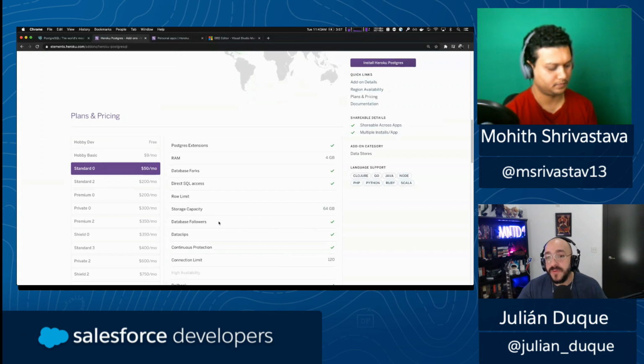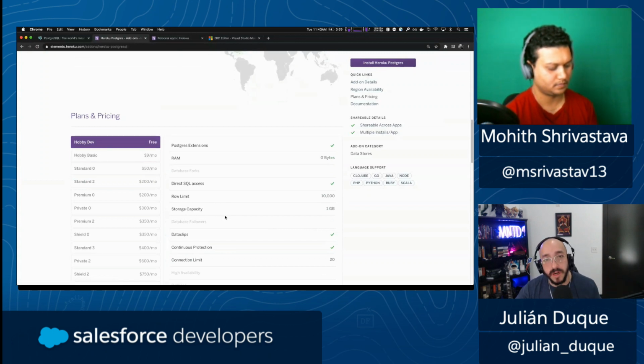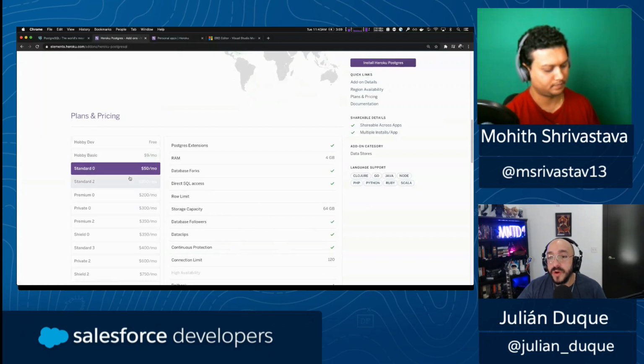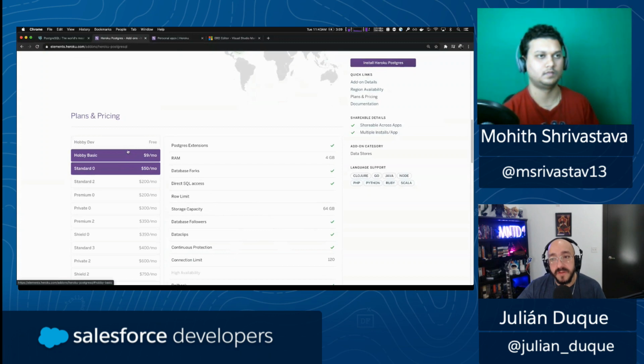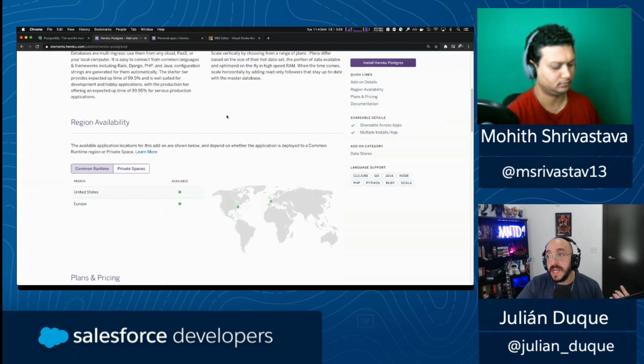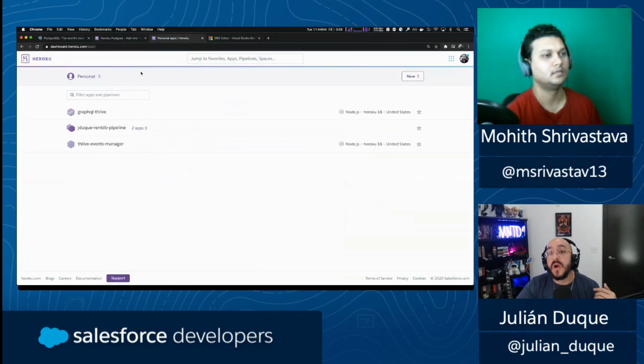So depending on the different tiers you are using, you might get certain features or not. And also the number of connections, or concurrent connections, that can access the database might be affected by the plan. You can add the Heroku Postgres add-on directly from the Elements Marketplace by clicking on Install Heroku Postgres. You can go directly to your application and add the add-on from here,